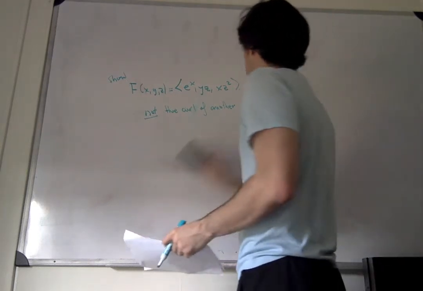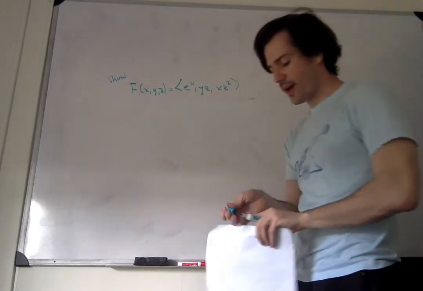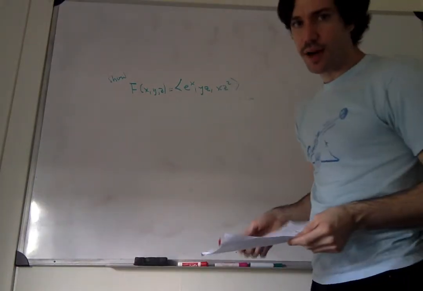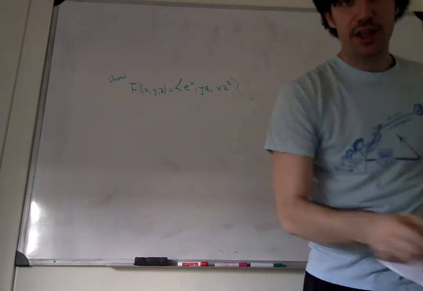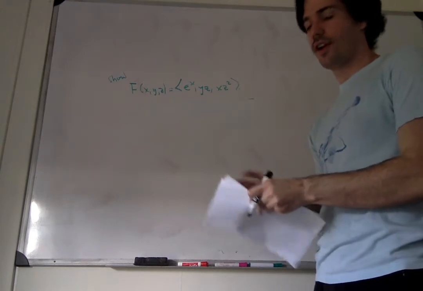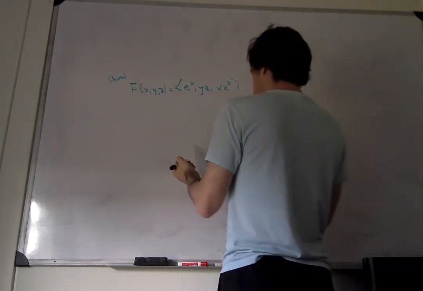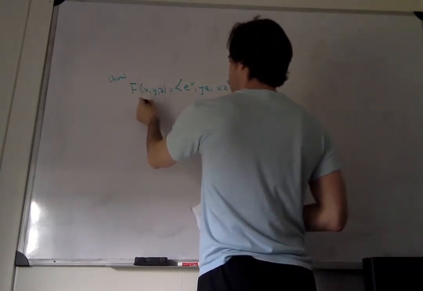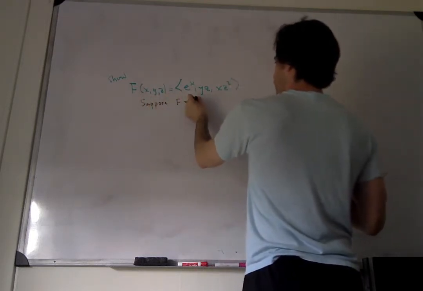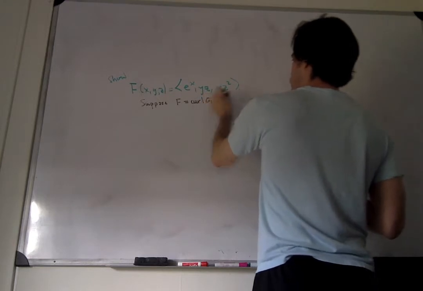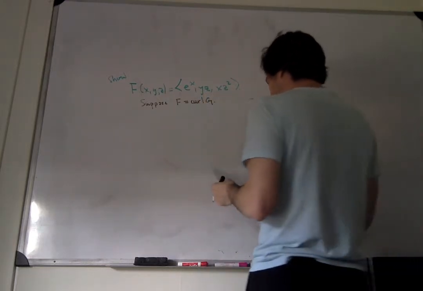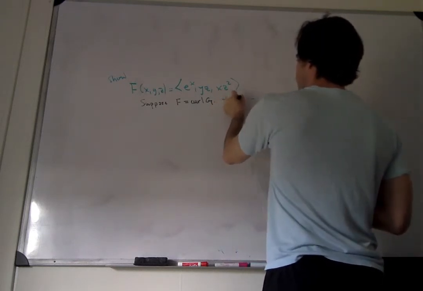So we do what's called a proof by contradiction. The idea is you actually assume it is possible. So you say, actually, sir, you are wrong. This is the curl of another vector field. So we say, suppose f equals the curl of G, right? So G is some vector field. Then,